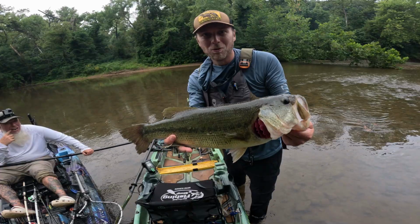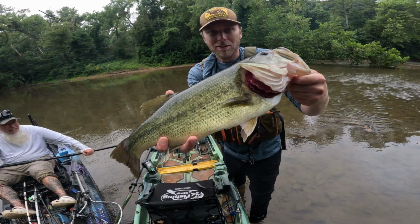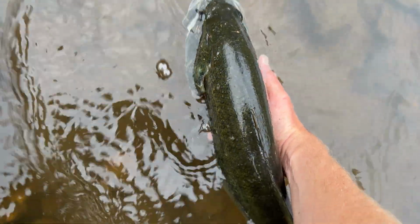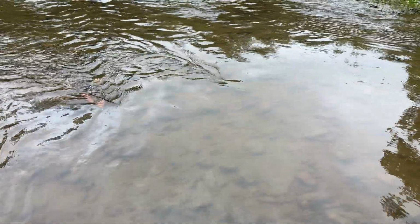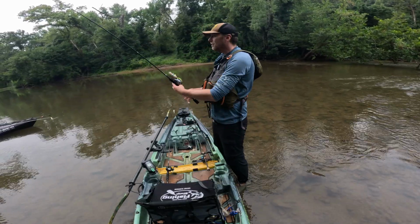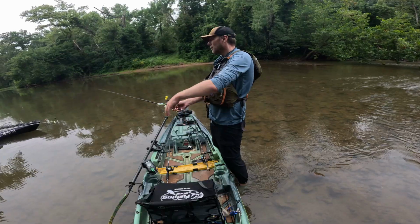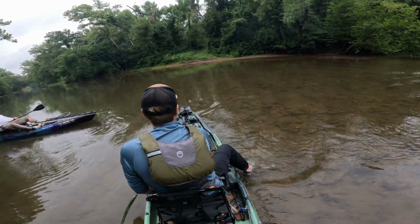Check that out. 21-inch river largemouth on the rat-tat-tat. Freaking monster. Hadn't caught anything all day. Look how skinny it is. Get him back in. All right, 21-inch. Well, certainly going the wrong way, dude. Man, that's the biggest largemouth I've caught on this river, lengthwise. That's that new reel, the Shimano kayaks. Skeet Reese. That was a 6.6 rod. That was perfect for that. Because it was a shorter rod, I was able to get up under the tree and pull them out. Now 90% of the time I prefer 7 foot or higher, but